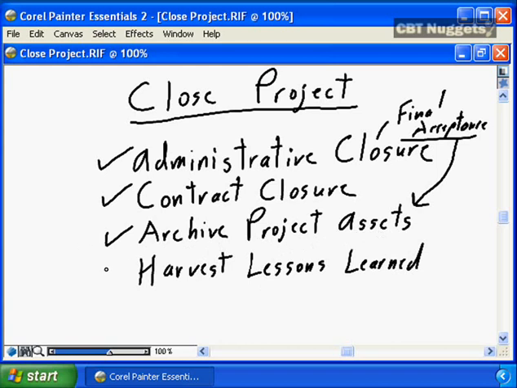And the final component to closing out the project is harvesting of the lessons learned. What did we learn from this project? What did we do well? What would we like to repeat? What mistakes did we make? How would we avoid making them in the next project? Harvesting of the lessons learned and distributing those lessons learned throughout your organization is vital to ensure your project management processes and your organization in general progress and improve. You need to share. You need to improve. You need to add professionalism to the project management processes in your company.